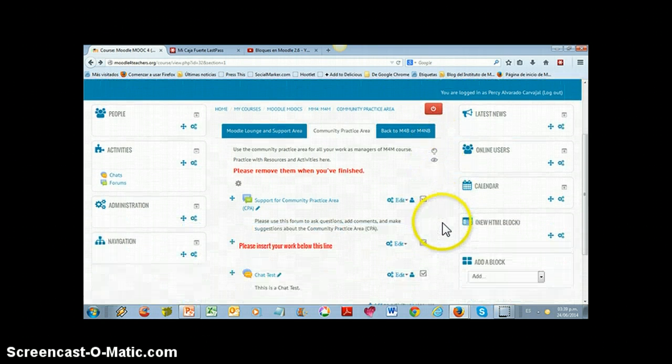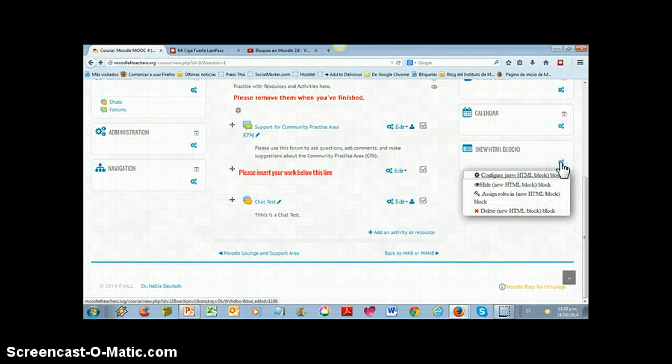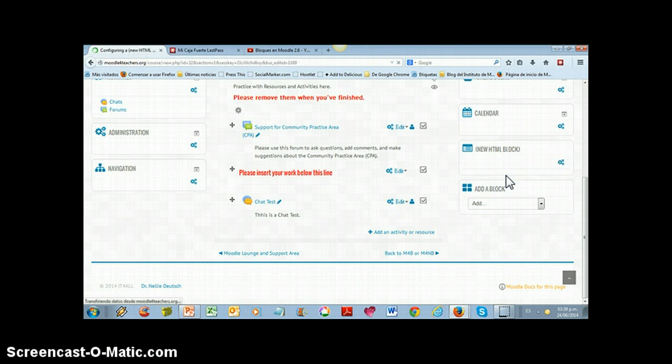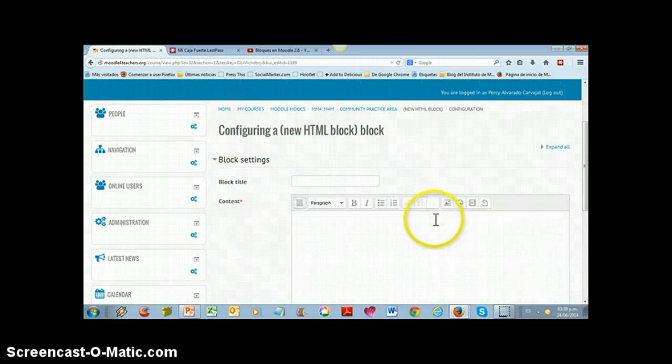I select this, and then it's created, and I press the configure block option and fill in a name for the block. For example, I fill in this title, Moodle 2.6, and in the content I can fill in, for example,